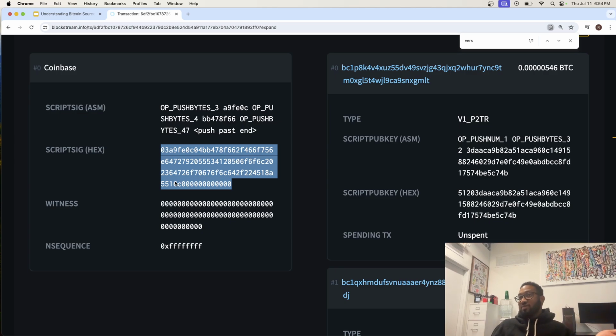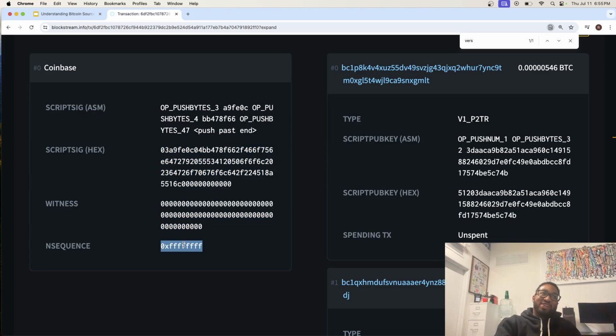Why might you want to put random data in? Because the nonce space is pretty small, so you could exhaust the nonce while you're trying to mine a block. One of the things you do when you exhaust your nonce is change 1 byte in your script sig and have a completely new nonce space. So none of this is validated. This is essentially just used to help mine. Witness 0 and sequence, again, set to whatever.